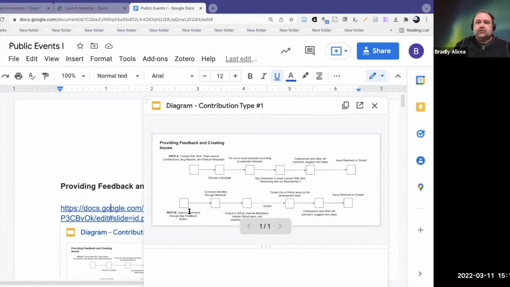The second path is to incorporate comments and feedback in the app itself. In this case, someone leaves a comment using the app feedback button. So in the app, there's a feedback button. You hit it and you can leave a comment. Then this comment is handled through a special tool. The output is put into a GitHub channel or a Slack channel, and then the internal development team will pick it up and